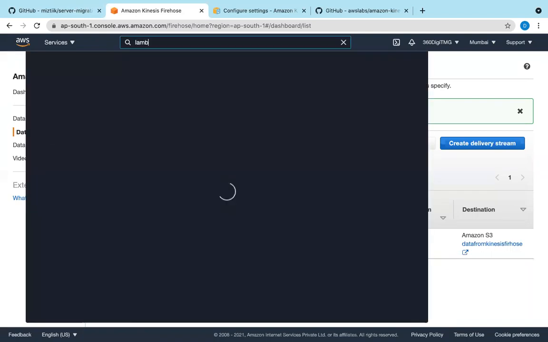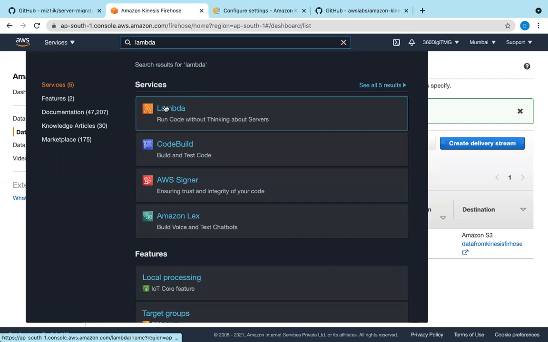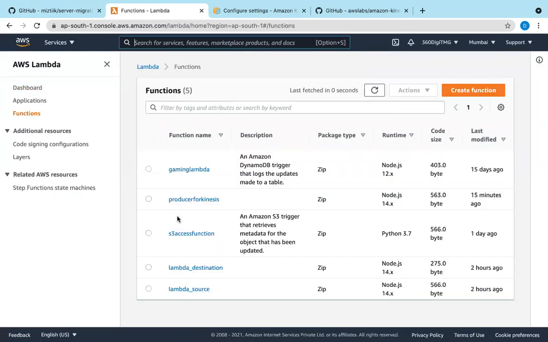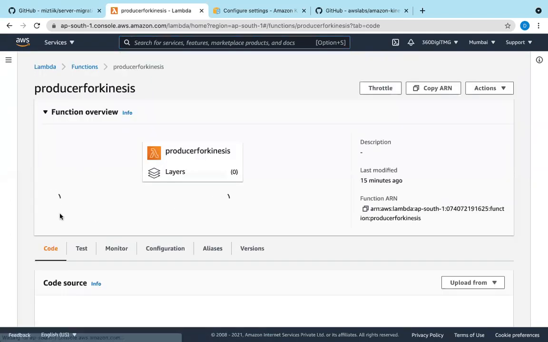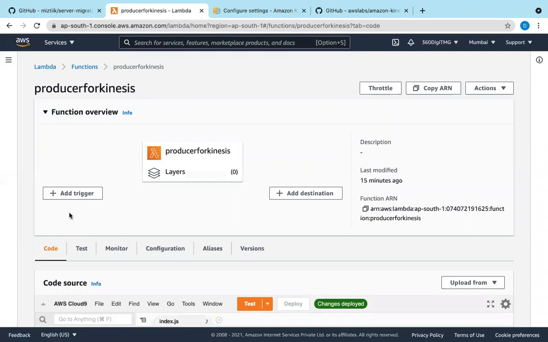I have created Lambda. That is the first thing we have done. And the IAM role, in yesterday's class we created with all the permissions. I have created a Lambda function, producer for Kinesis, so let us look into the producer for Kinesis. There is no trigger for this.